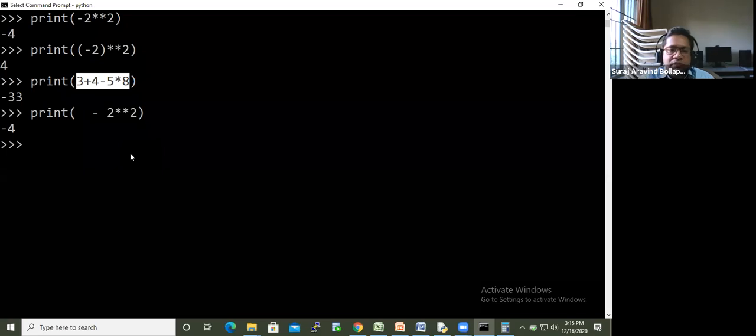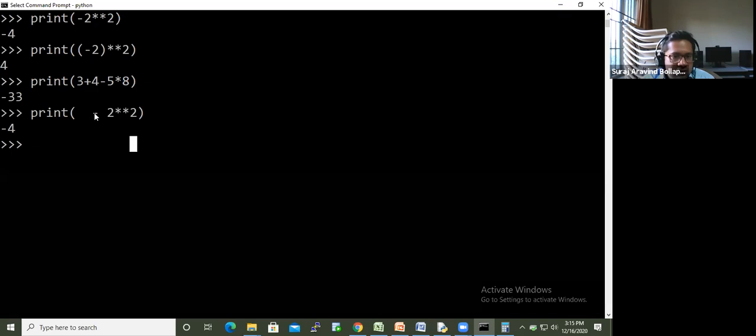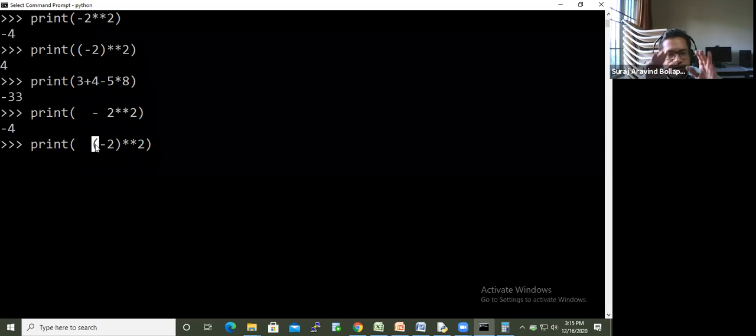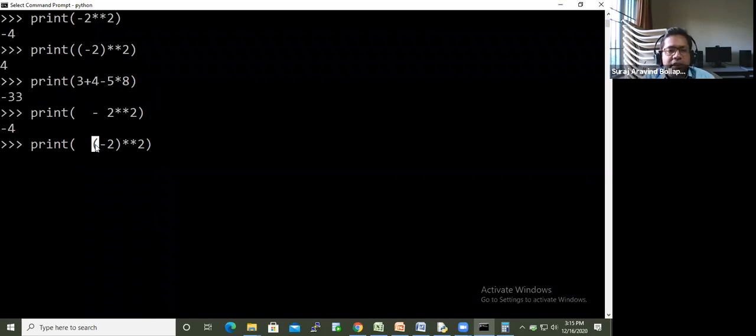If I want to overcome the precedence, what we do is put brackets. I don't want minus of 2 squared; I want the power of minus 2, that is, minus 2 to the power 2. So I put brackets. We will also do this in regular expressions. This parenthesis removes the precedence of the operator.